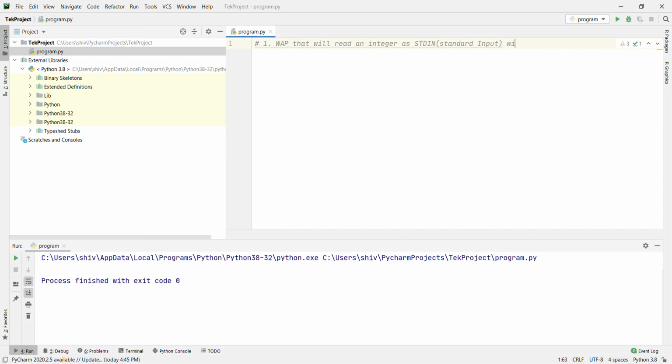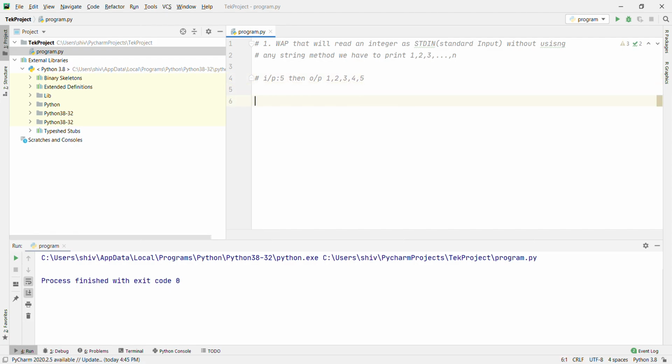Without using any string method, we have to print 1 2 3 ... till n. The ... basically represents the consecutive values in between. If the input is 5, then the output will be 1, 2, 3, 4, 5.